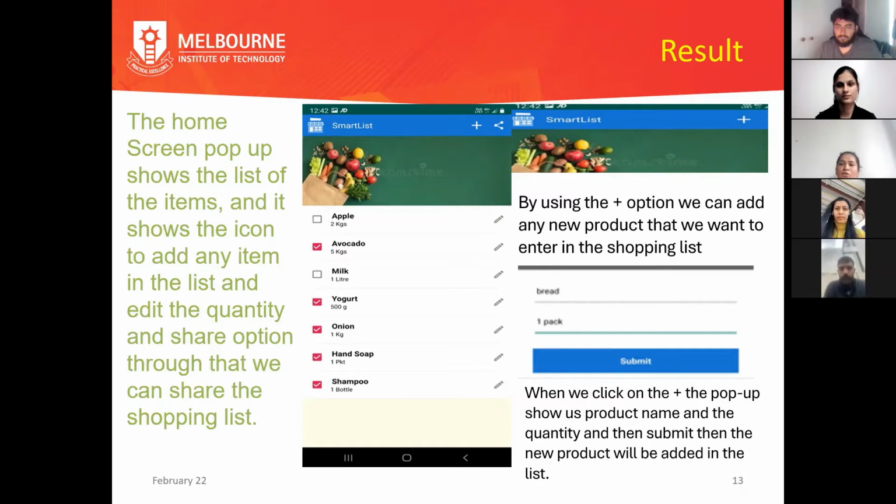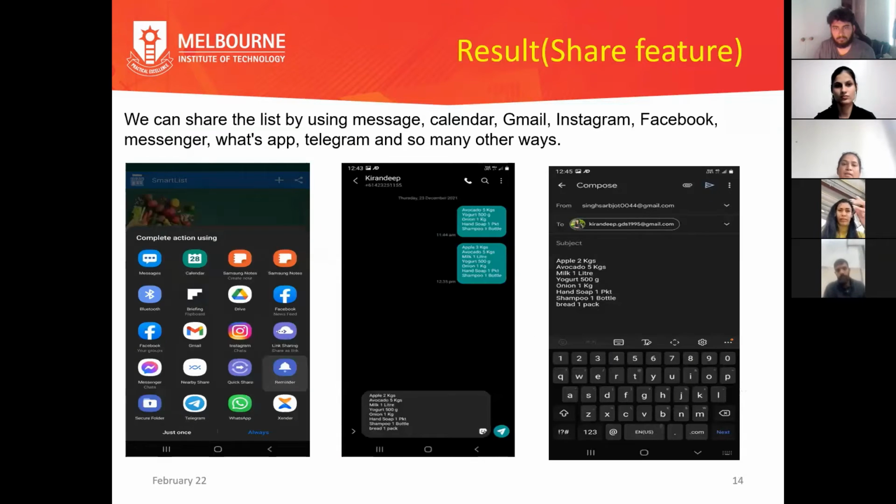By using the plus option, we can add any new product that we want to enter in the shopping list. When we click on the plus, a pop-up shows the product name and the quantity, and then we submit, and the new product will be added to the list. The next slide